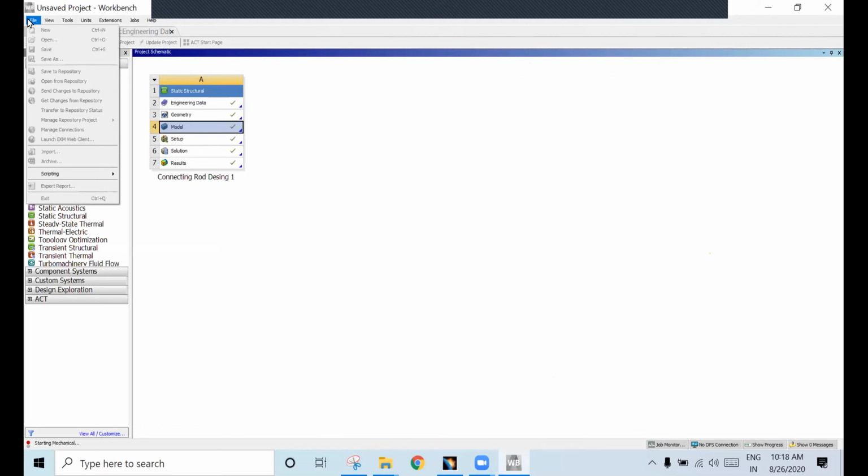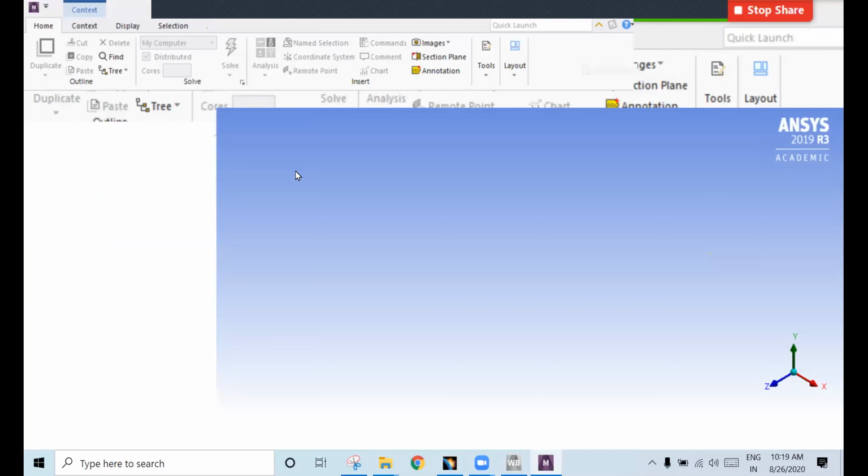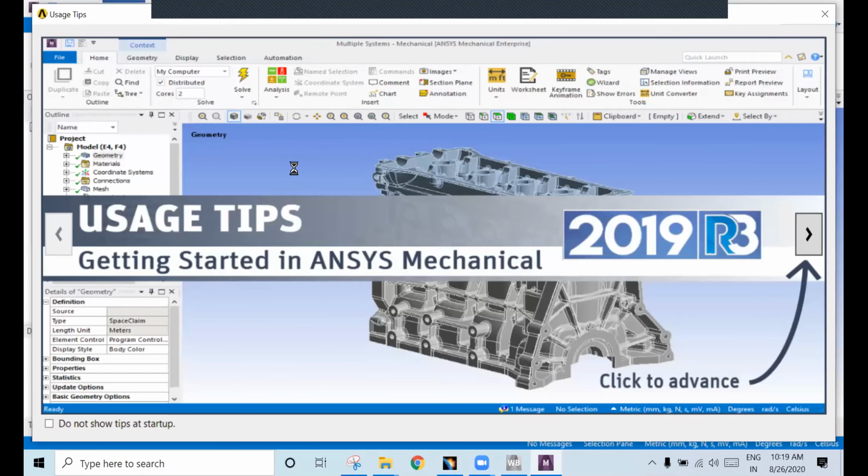Suppose if you want to save the project, go to Save As here. Wait, because I have opened this model again. And now we just close this.